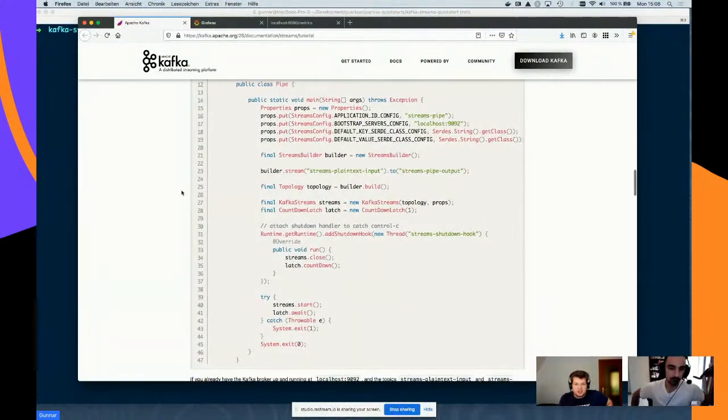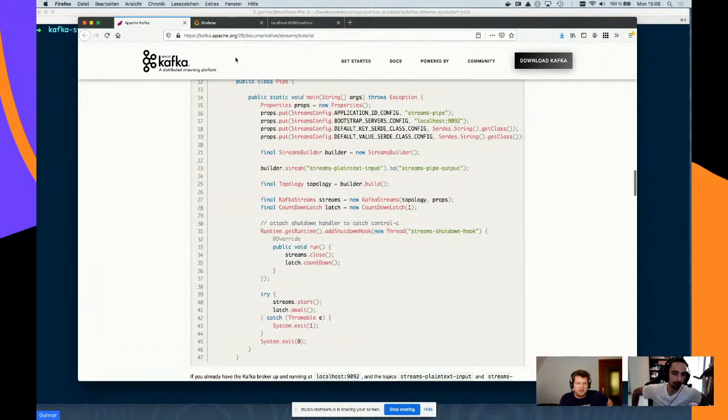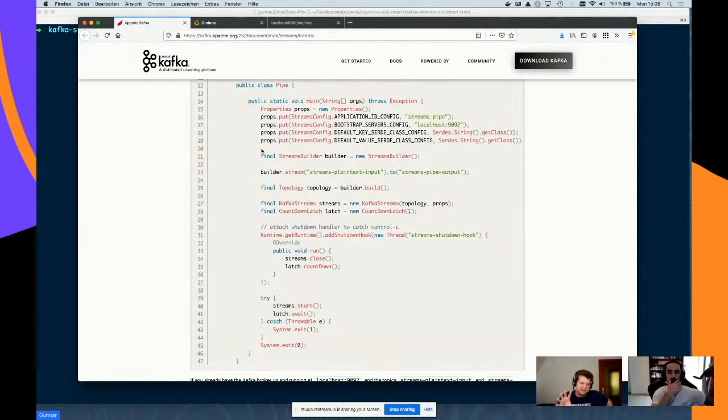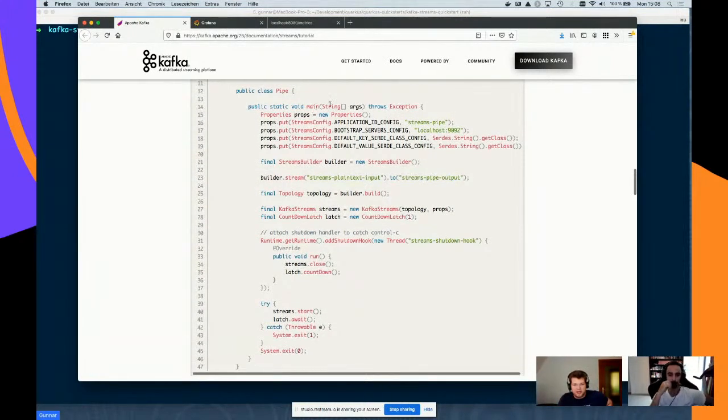So I took a look earlier today at the Kafka website. That's essentially the basic boilerplate you're doing if you want to run a Kafka Streams app. You have your own main method. You need to set up some properties to configure the thing. Where is my Kafka server? Things like an application ID, all those kinds of things. And of course, this already raises the question: where do those values come from, and how can I override them? That's something you need to take care of.